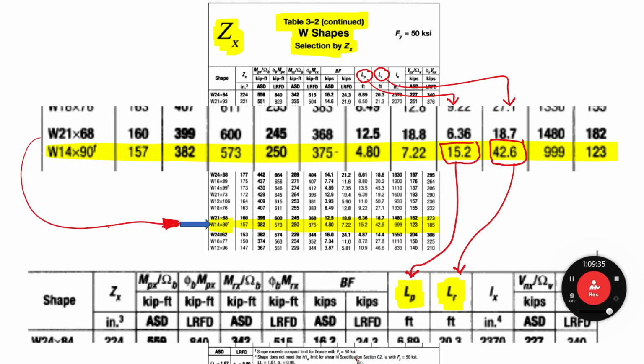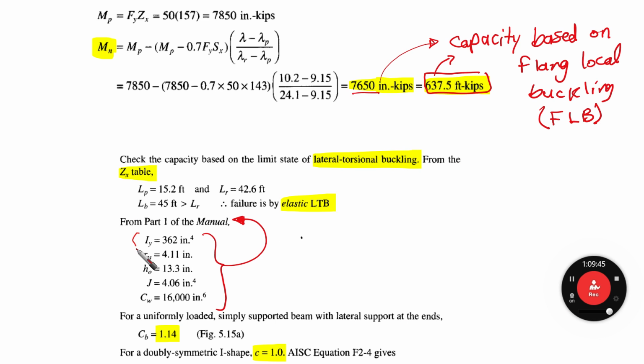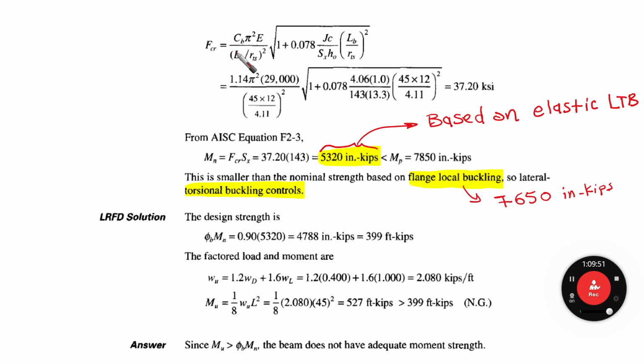according to AISC equation F2-4, okay, gives this value FCR. You are going to find all the values, all these values are going to be used, including this C here. So we're going to find it here. CB, we have 1.14 pi squared E LB, which is 45, RTS given to us